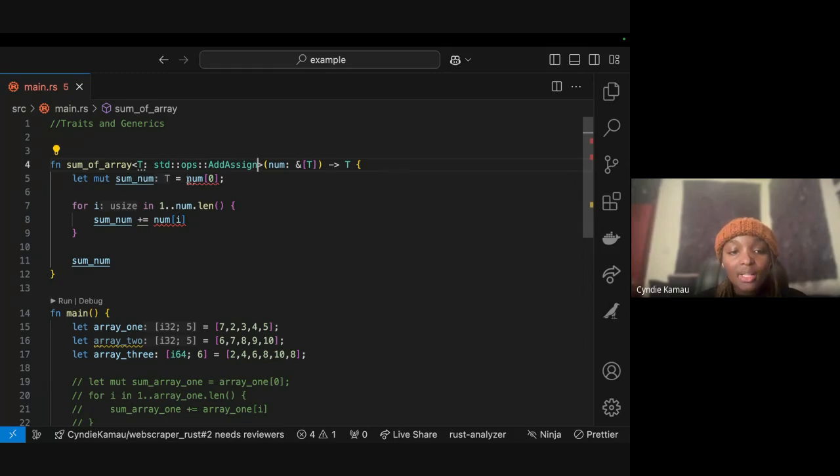Okay. Yeah. So once you see this std ops AddAssign, it helps. It's responsible for this. So when you're coding and you're using like 5 plus 7, the compiler does not really know what a plus is. This is like an abstraction for you, because you're writing to make the language readable for you, right? But for the compiler, it has something which we call like an add trait.